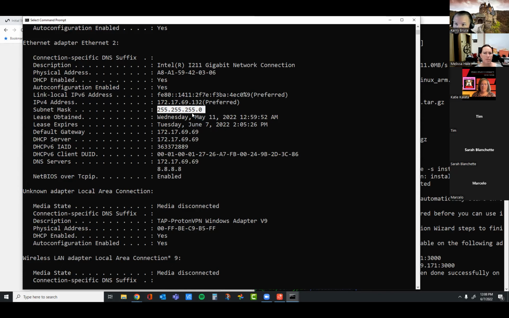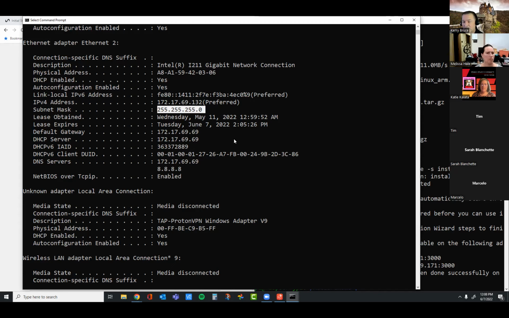But for you to get this to work, I'm thinking, if this was me and I was in your space and this is what my machine said, I would statically assign myself 172.17.69.205, with the rest of these items exactly the same. You're basically just taking a risk that 205 has or hasn't been assigned by DHCP.